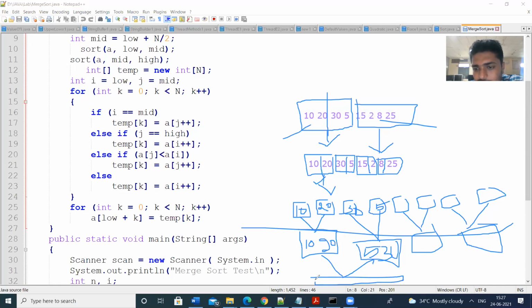We will get some array. Next we will merge these 2 arrays and we will get something. In the next step, we will merge these 2 arrays, then we will get the sorted array. So for each merging, we will compare whether things are less than or greater than. For each merging, we can perform some comparisons. So this is the merge sort.